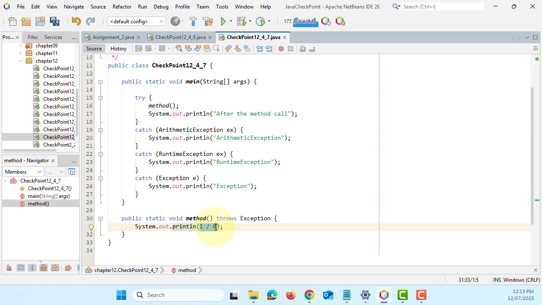Actually, this will not throw explicitly. I mean, this is not going to throw the exception. What will happen is we send back to here, and then look for exceptions that match the 1 divided by 0, which is